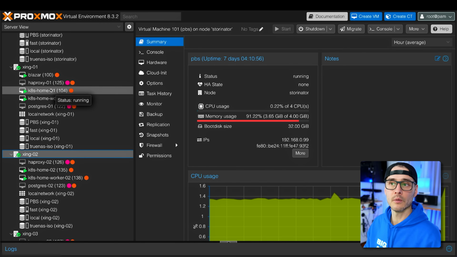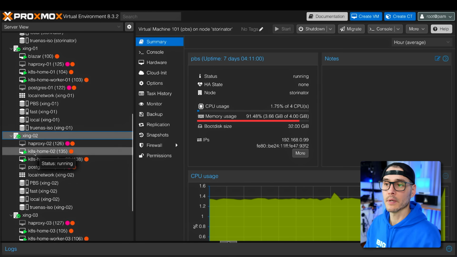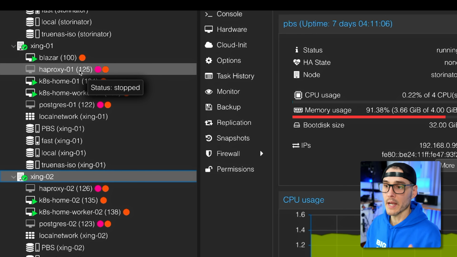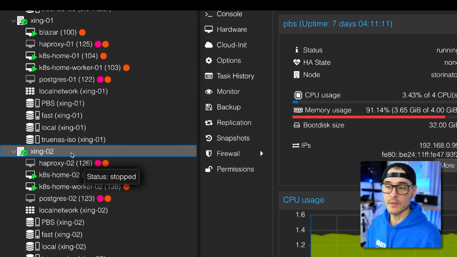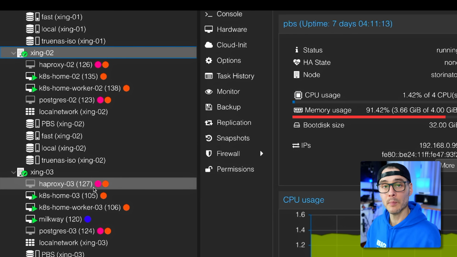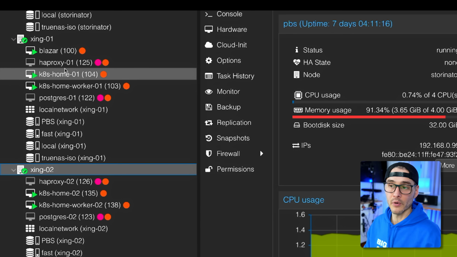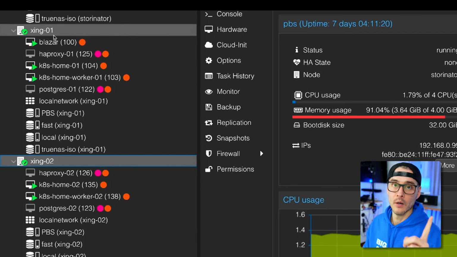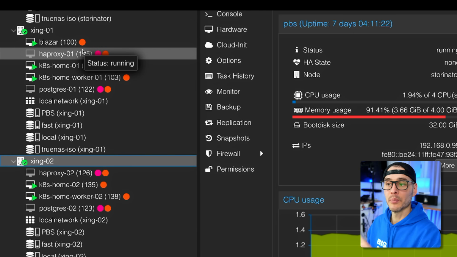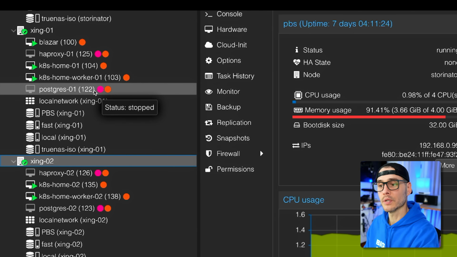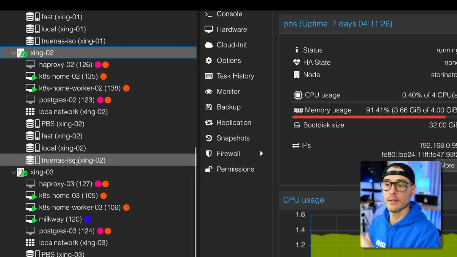And each of them are running similar VMs or containers that the other ones are running. So for instance, if I look at HA Proxy 1 on this node 1, or HA Proxy 2 on node 2, or HA Proxy 3 on node 3. So what I've done is spread these out for HA, and on my node 1 for Proxmox, I put all of my 1 guest machines. The same for 2, and then the same for 3.